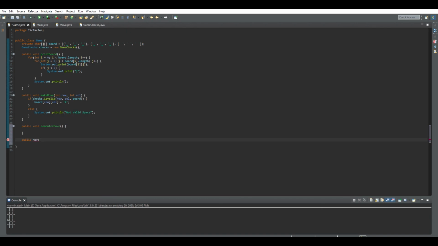and let's say I call it getComputerMove. And how we're gonna get a random spot on the board is by creating a while loop. So we're gonna do while true. So we're gonna do int r is equal to, we're gonna cast to int, and then we're gonna do Math.random times 3. So this is basically getting a random value for the row,